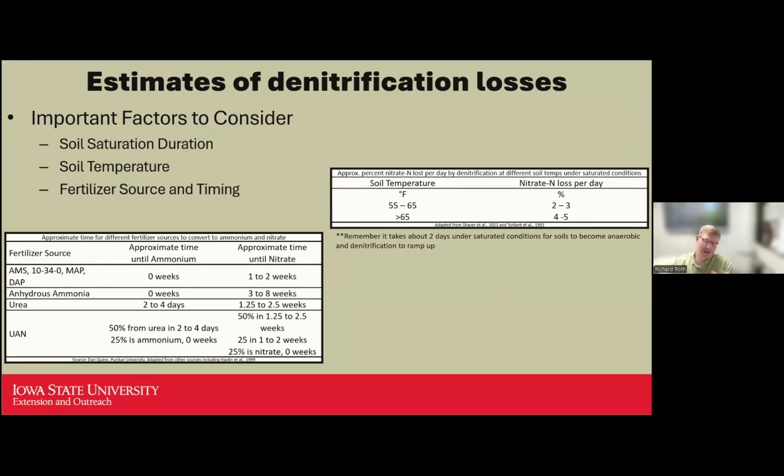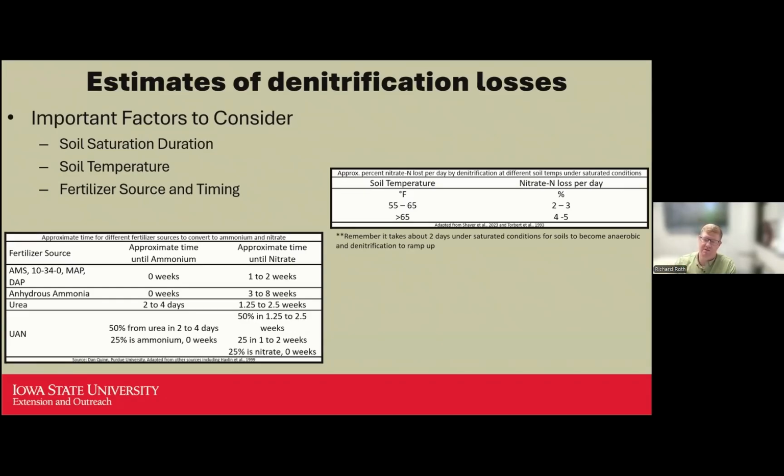If it hasn't, that's good news: you have less nitrate there susceptible to loss. But what I want you to focus on is the table on the right. As temperatures increase, you can lose anywhere from 2 to 5% of the nitrate in your soil in that saturated area per day that it stays saturated. So again, we can lose a pretty significant amount of nitrogen to the atmosphere, even though a lot of times we talk about